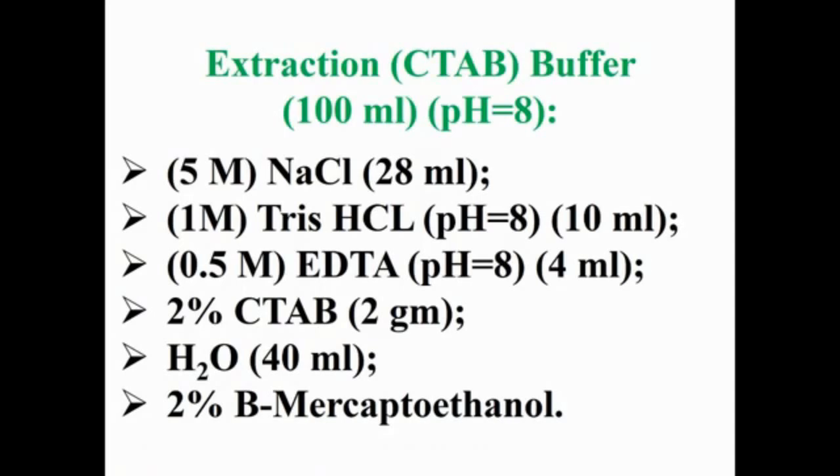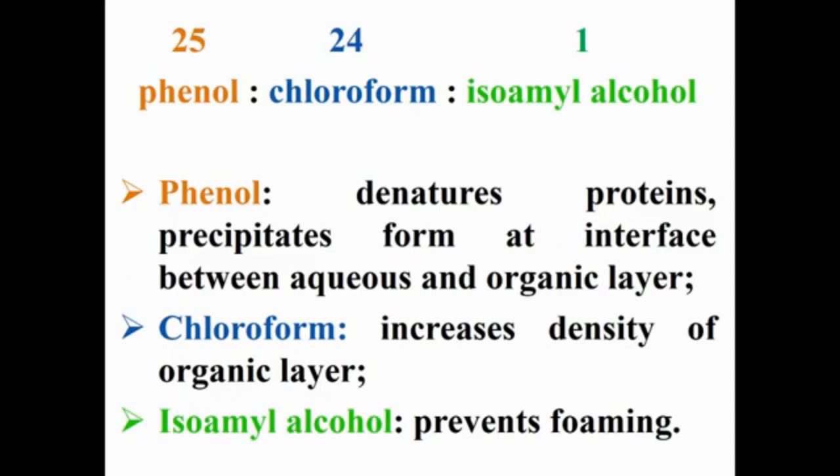So, to prepare 100 ml of extraction CTAB buffer with pH 8, the components will be: 1, 5 molar sodium chloride equals 28 ml; 2, 1 molar Tris-HCl equals 10 ml; 3, 0.5 molar EDTA equals 4 ml; 4, 2% CTAB equals 2 grams; 5, 40 ml distilled water; 6, 0.2% beta-mercaptoethanol. The component of phenol, chloroform and isoamyl alcohol equals 25 to 24 to 1, respectively, and the functions of